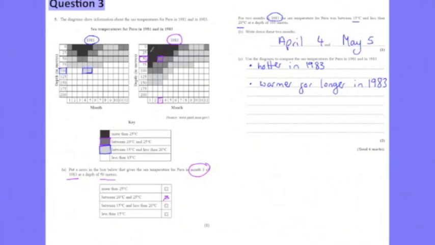At 25, we see it can last for 5 months. 2 years before, it was only lasting for 2 months. So this is related to the comment, warmer for longer. Another comment that could be made to compare is that there are higher temperatures